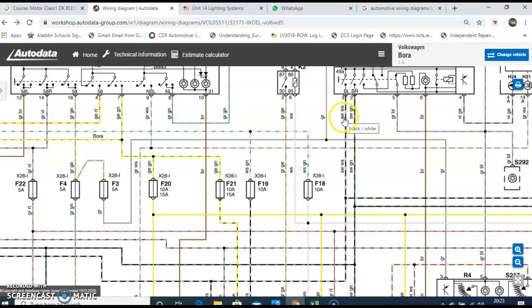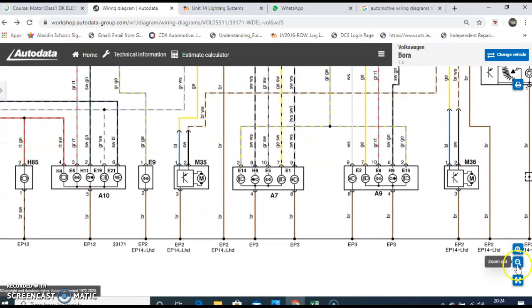So the initial color that it tells you, say for this is black-white, so the main color of the wire is black, and the white is either a strip down the side of it, which is normally the way they do it. This is again a black wire, so the strip down the side of it, or a small color on the wire, is green in this case. If we hold it over, the yellow one here is telling me the main color of the wire is yellow with a green strip down the side of it. So this one here is yellow-red, grey-yellow, grey-violet, and grey-brown. Again, if things are getting a little bit big or small for me, I can zoom in or zoom out here. We can see these are lamps, so this will tell me, if I hold the mouse over it, the whole unit, it'll tell